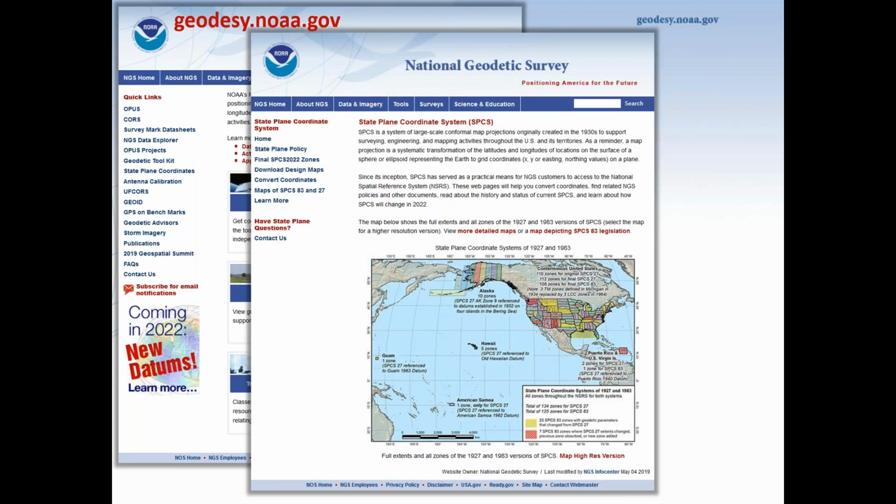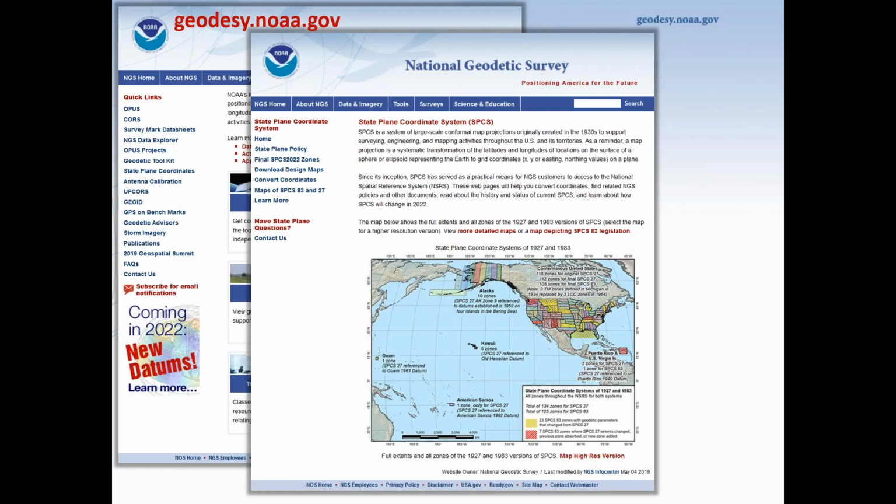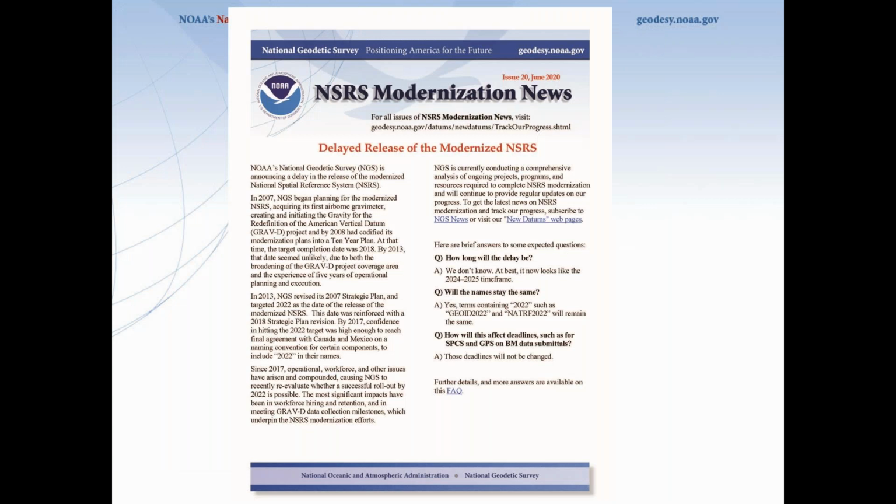Click on that. The State Plane Coordinate page will open up, and then you can go down and either download the design maps, convert coordinates, or read on the zones and all that. The map will pop up, and you can get the information. With that being said, I had this